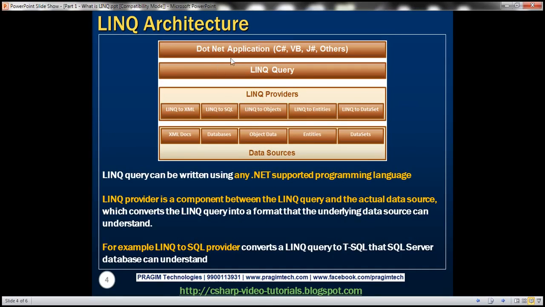Now we all know that we can develop a .NET application in any .NET supported programming language like C#, VB or J#. Similarly, a LINQ query can also be written using any of these .NET supported programming languages. Now between the actual LINQ query and the actual underlying data source, there is another component called LINQ provider. And it is the responsibility of the LINQ provider to convert that LINQ query into a format that the underlying